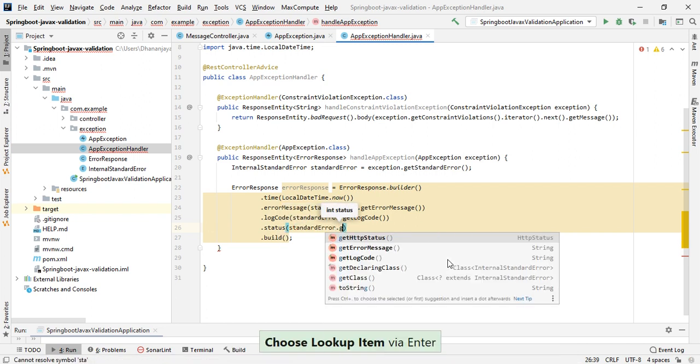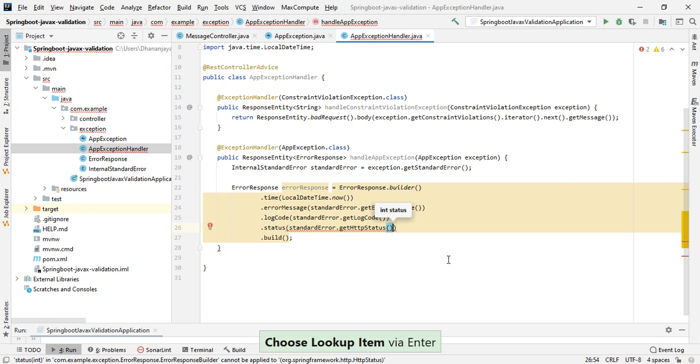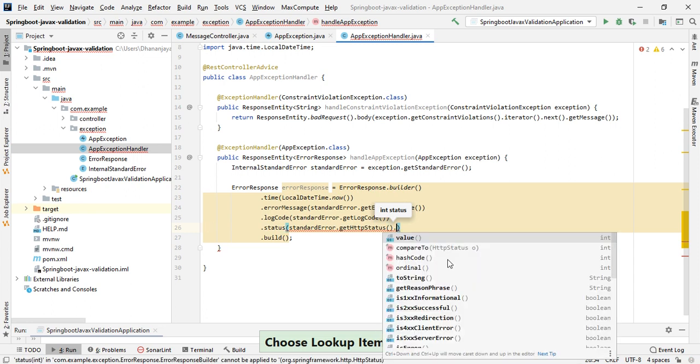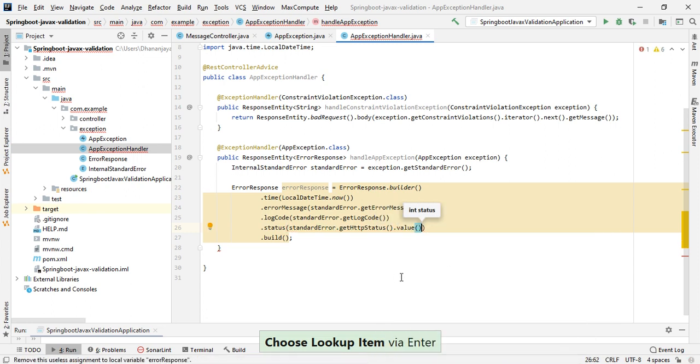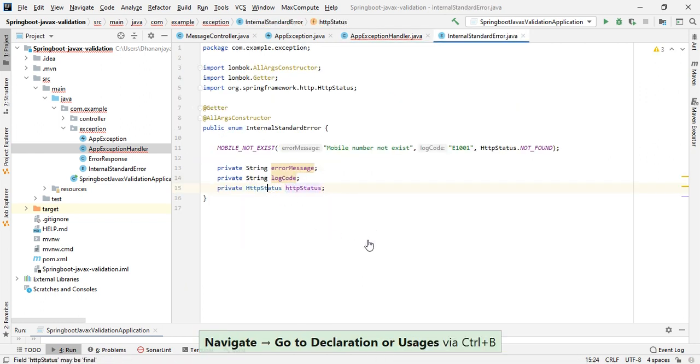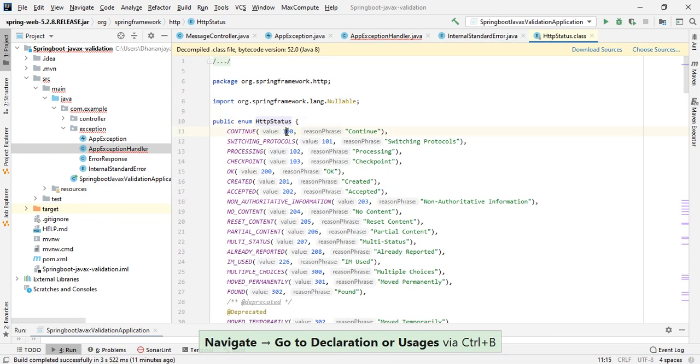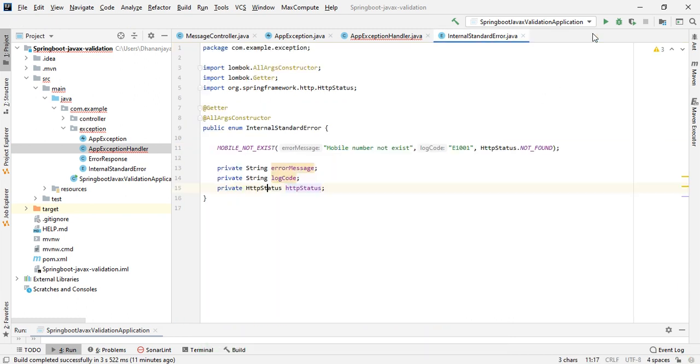Standard error dot get http status. Here we need int value dot value. If we do dot value, automatically the int value will get, because http status has a method inside it, the int value, whatever value is there, will get.